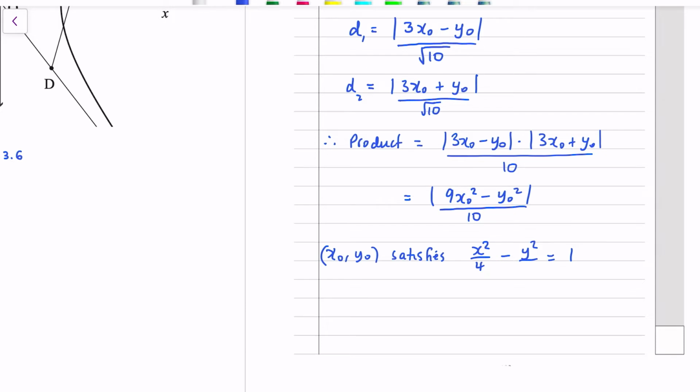If I times the whole thing through by 36, I get 9x squared minus y squared equals 36, and x, y is a point on the hyperbola, so it could be x naught, y naught, and therefore 9x naught squared minus y naught squared is 36, so the product equals 36 over 10,